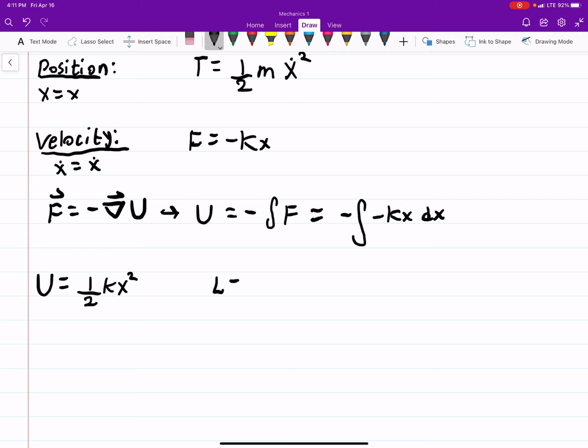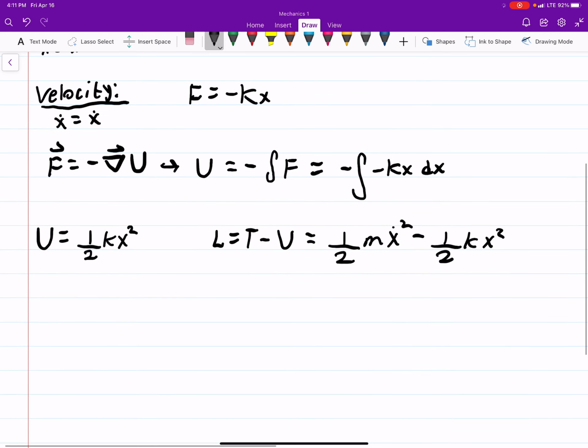So then the Lagrangian is kinetic minus potential. So it's 1/2 m x dot squared minus 1/2 kx squared. So that is our Lagrangian. That's part of what they wanted. That's that part. For the equation of motion, it's only moving in the x direction, so I'm only going to do x motion here,